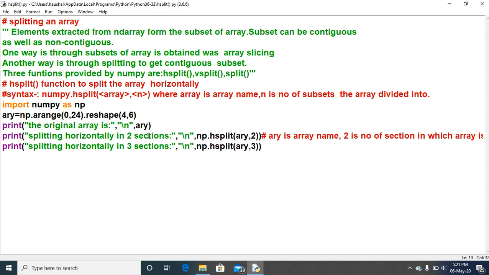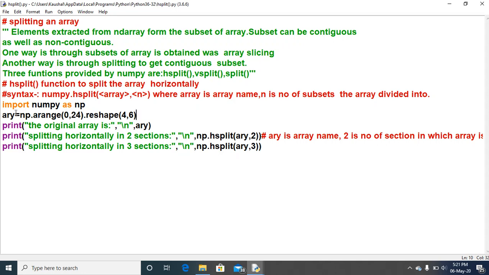The elements 0 to 23 will be converted into a 2D array with 4 rows and 6 columns. How many rows? 4 rows and 6 columns. So 6 into 4 is how much? 24 elements total. And 0 to 23 is also 24 elements.